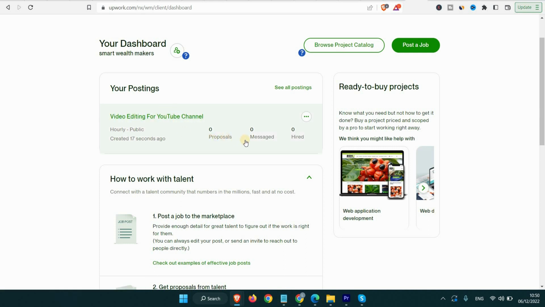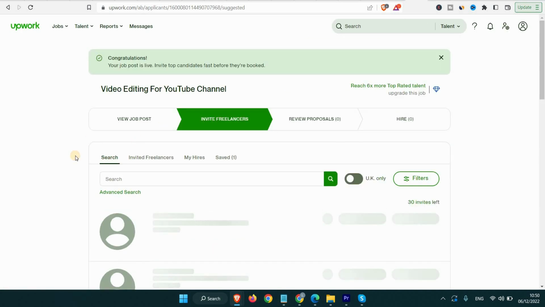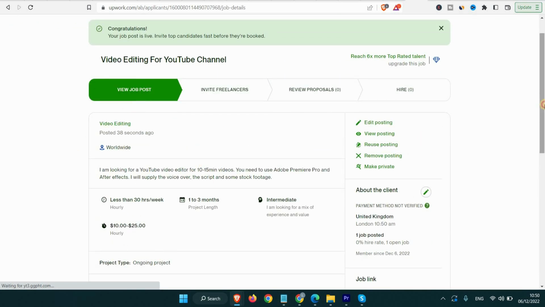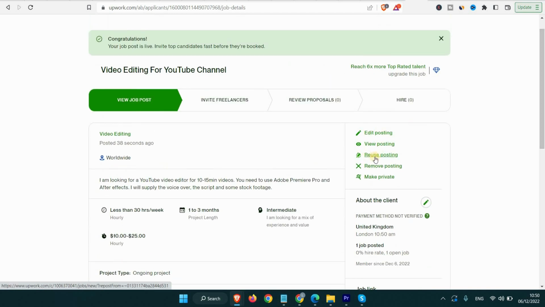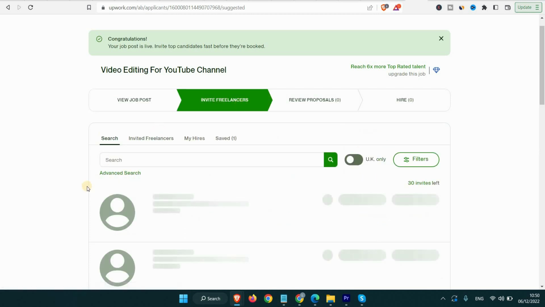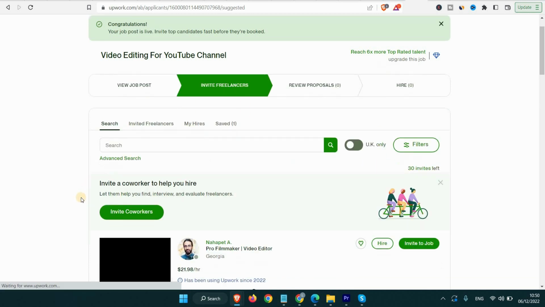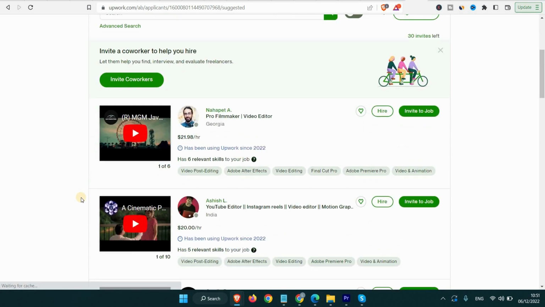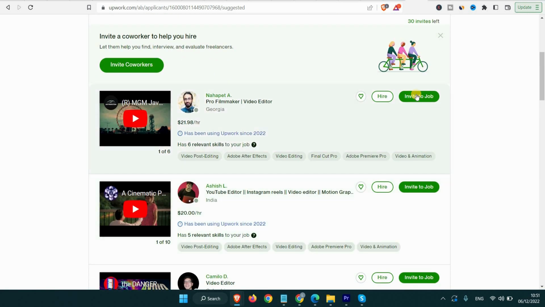If I click on this job post here, it brings me to this dashboard where you view the job post, you can see all the details here. Or you can invite freelancers, or you can hire freelancers. Here is where you see freelancers that match the criteria of the job you posted. Obviously you're free to invite them to apply for the job,